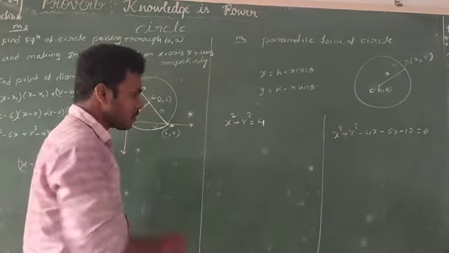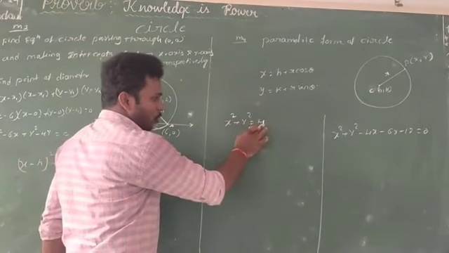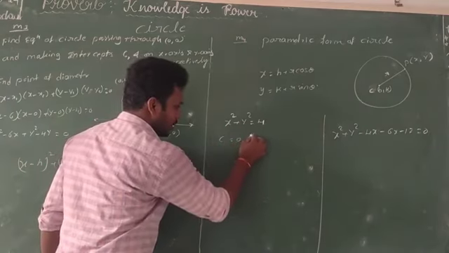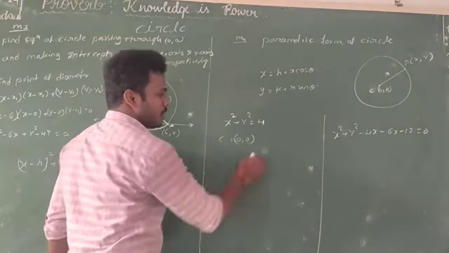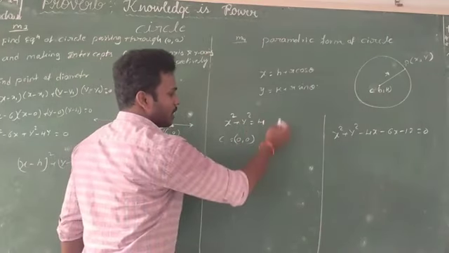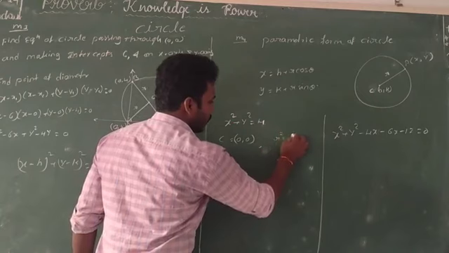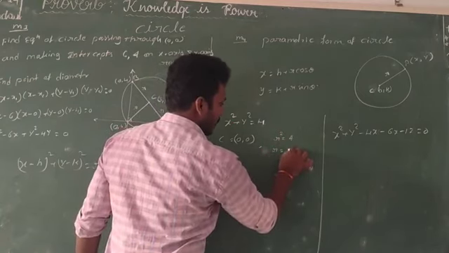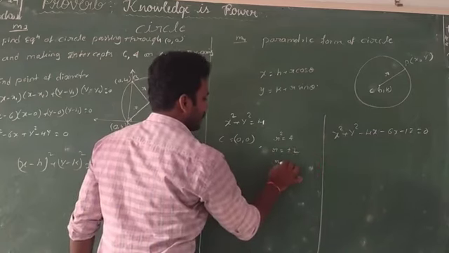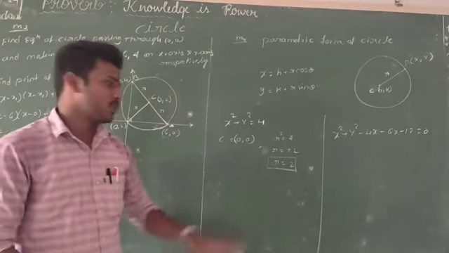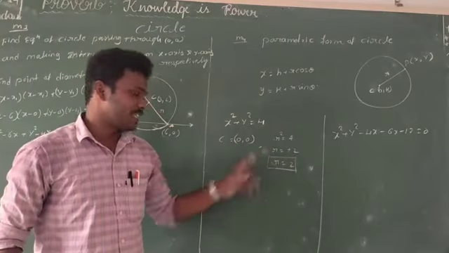So here x square plus y square equal to 4. It's a general form. So what is the center? The center is the origin, (0, 0). In the form x square plus y square equal to r square, r square is equal to 4, then r is equal to plus or minus 2, but the result is always taken as 2. Why? Because radius is never negative. That's why the radius is 2. So the radius is 2, the center is (0, 0).